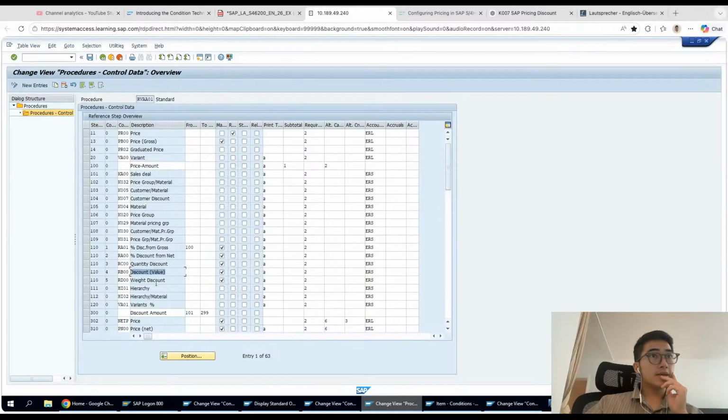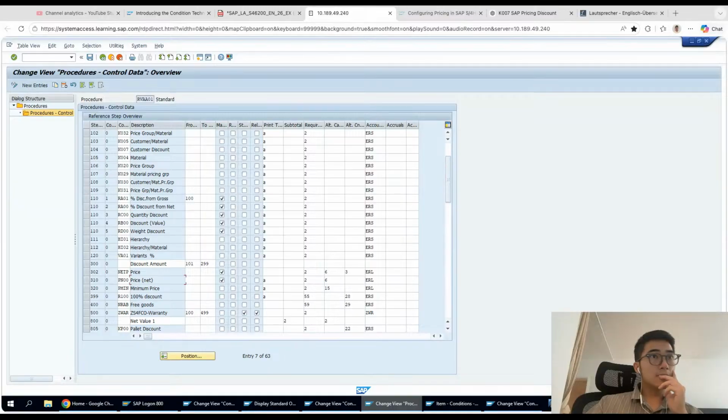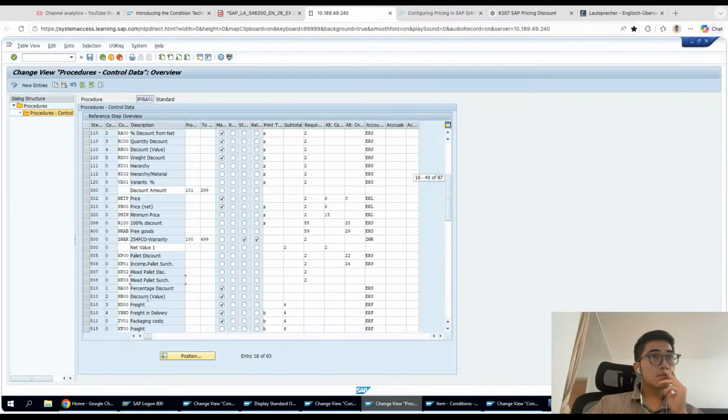And where is the HB00? It's also discount only. Yeah. They have a particular counter. I don't know what the counter means, but